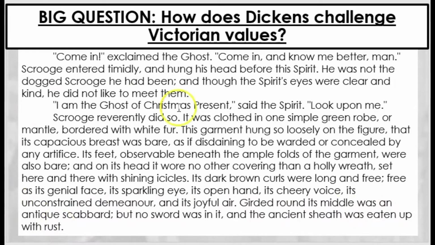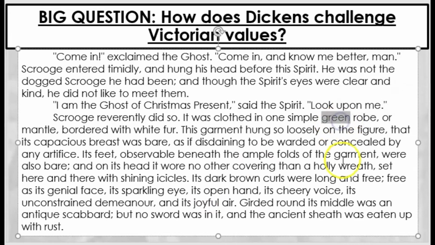So there's quite a lot of imagery within this introduction of the spirit, and we're going to come back to this as an extract, look at how we might write about it. But let's just do a quick read through some of the striking features that we see here. So the first thing, of course, is the spirit kind of humbles Scrooge. This idea of reverence is kind of like religious worship or respect. So already we're starting to see Scrooge recognizing that these spirits are divine, that they're powerful, and that he needs to show them respect. And these are kind of signs of the beginnings of his transformation and his beginnings of him returning to some kind of morality.